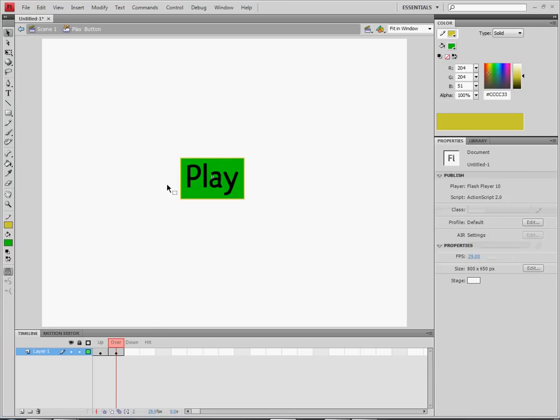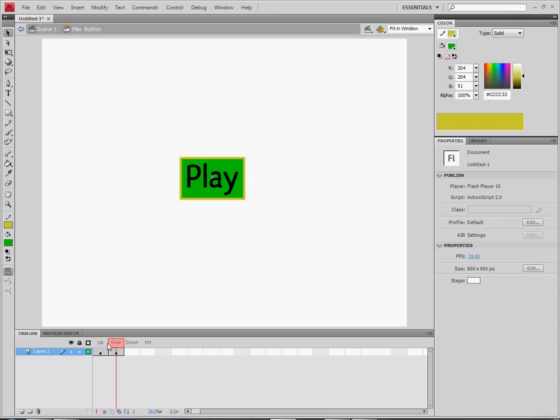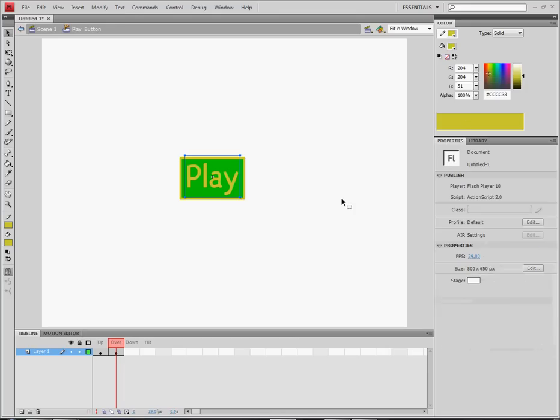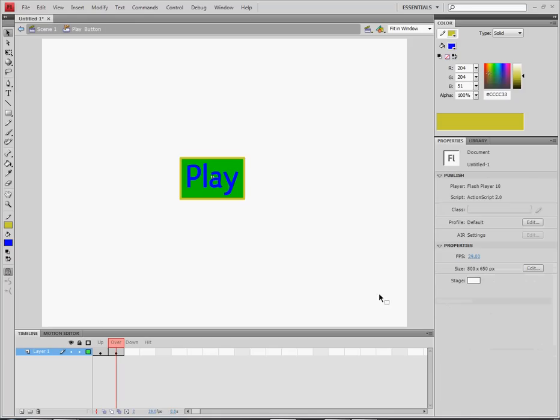Alright, we'll just go with that. And let's actually make the stroke bigger, just to make it stand out. Let's go 5.0. That's big enough. So we have it changes from that to that. Let's change the text too. The stroke and the text were both black, so let's change to the same exact color. Okay, that looks ugly as hell. Alright. So we're not going to do that. We're just going to change this to blue. Okay, that looks like a